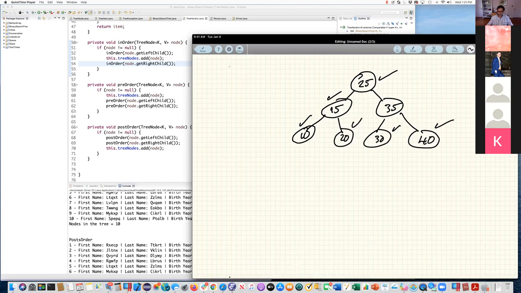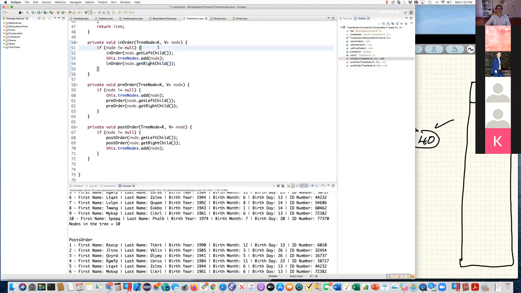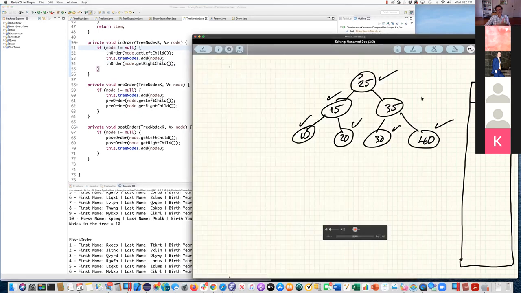So here's my call stack. We're going to assume that this is the tree that we have, and let's remove these check marks.